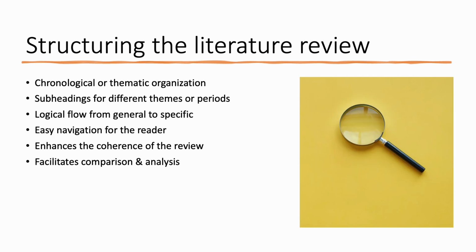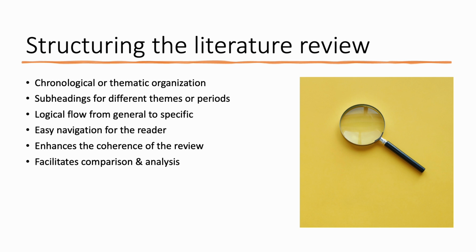So the first thing that I want to look at here is how we are going to structure the literature review. There are various different ways that we can do this, and we'll come to something later on which we call the funnel or the telescope idea. We could structure it chronologically, by time: who did something first, and how was that built upon year by year, decade by decade. Or we can structure it by a theme or a topic. For example, if you're looking at a biodiesel project, you might look at themes such as the biological side of it, and then another aspect might be the diesel side of it. There are two different aspects that you might group that way.